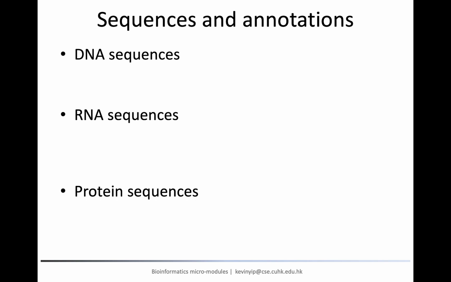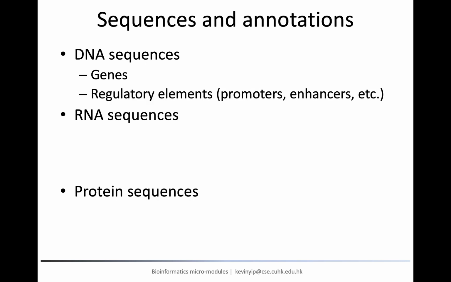the sequences. For example, on the DNA, there are places that can be transcribed to produce RNA products, which we call genes. And thus, a first level of DNA sequence annotation is to record the starting and ending positions of each gene. Besides genes, we also want to locate different types of regulatory elements, such as promoters, enhancers, and insulators.